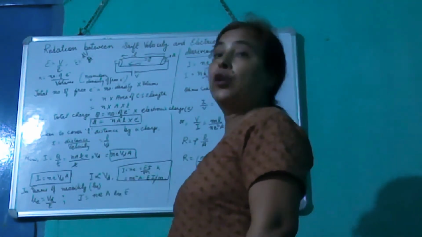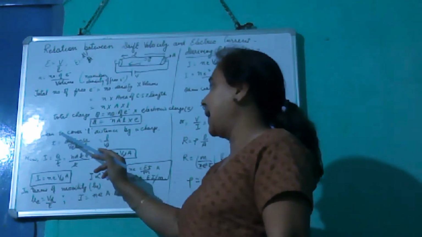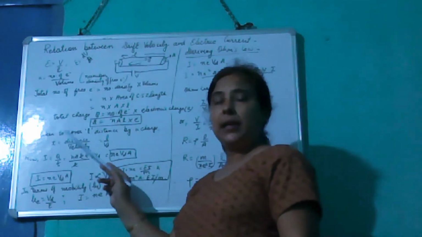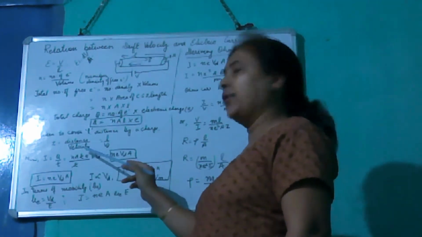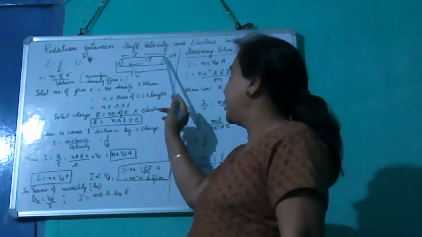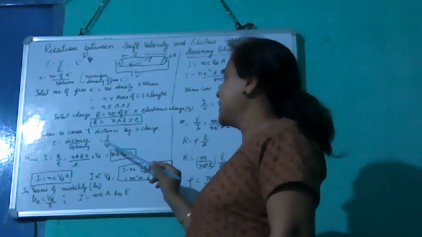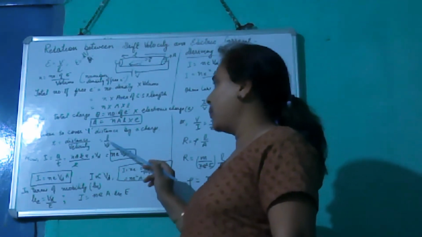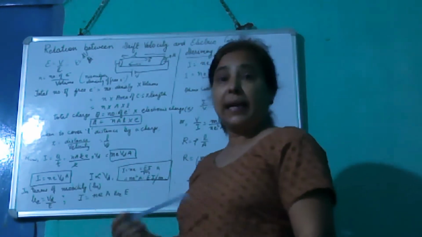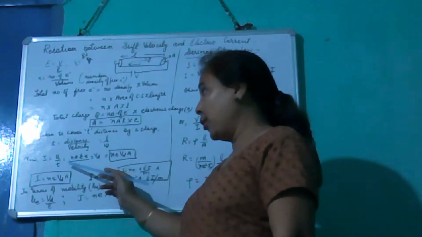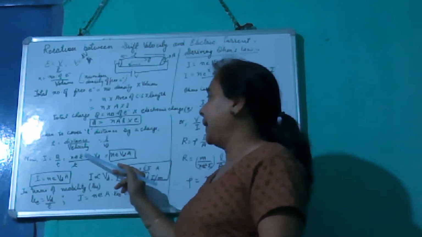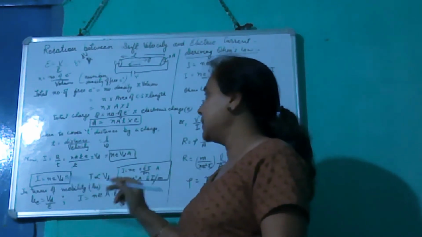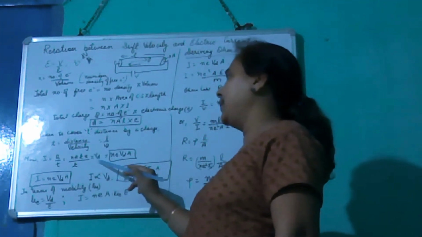Now, what is the time? Let's find out the time taken to cover L distance by a charged particle or electron. So, time is distance upon velocity. How much distance will it cover? From one end to another is L, and velocity here is drift velocity. So, time is L upon Vd. So, I current is Q upon t. So, Q is equal to nALe upon time, which is L upon Vd. L and L get cancelled. So, we have